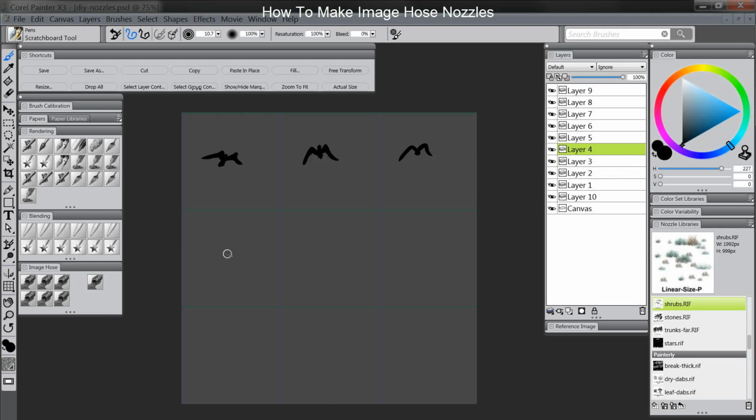Go to layer 4. And layer 5. And layer 6. Just keep going through and filling in your birds or whatever objects you're making an image hose out of. We'll have one that's maybe kind of going to the side here. And we'll do one more. So now we have a nice flock of birds, and these are going to be kind of distant, so we